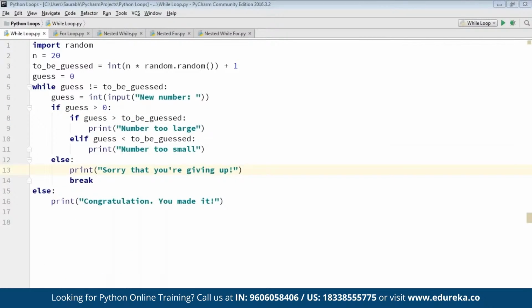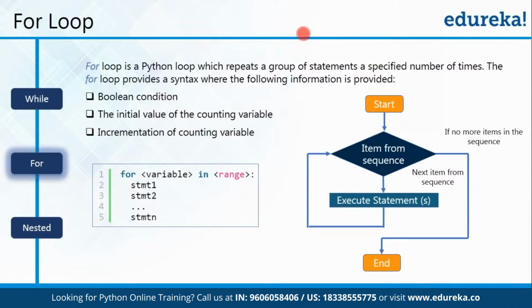So we'll move forward and see for loops in Python. For loop is basically used when you know the number of iterations that are required. Unlike while loop where you are not sure about the number of iterations, in for loop you know how many times the statements present inside the loop need to be executed. So for loop provides you with a syntax that includes 3 fields, or you can say 3 pieces of information. First will be the Boolean condition, then comes the initial value of the counting variable, and then the incrementation